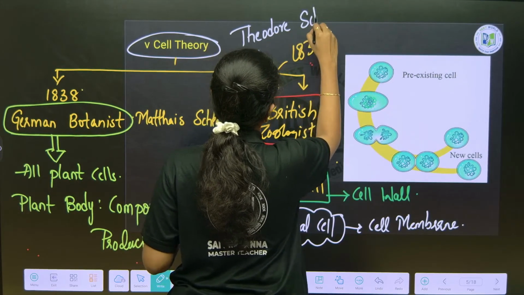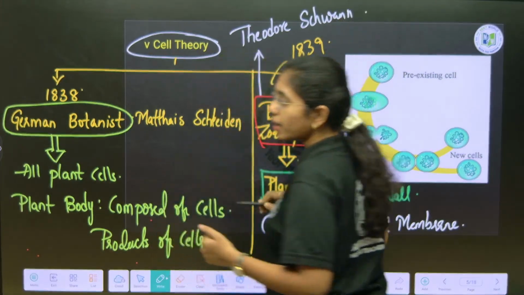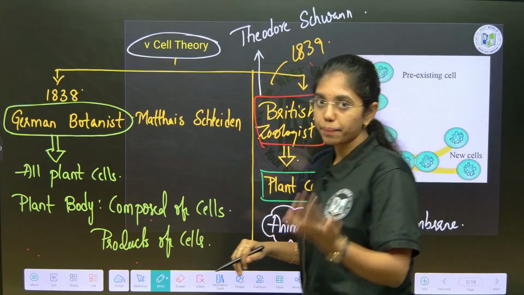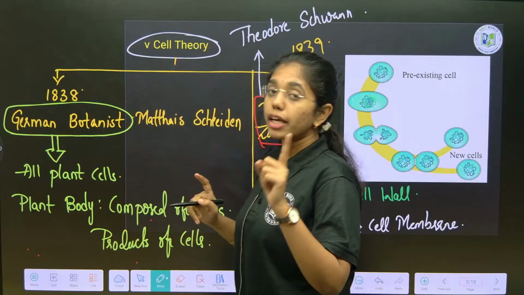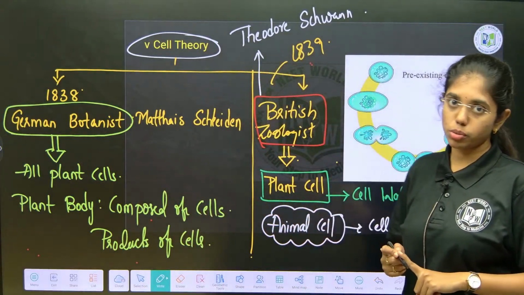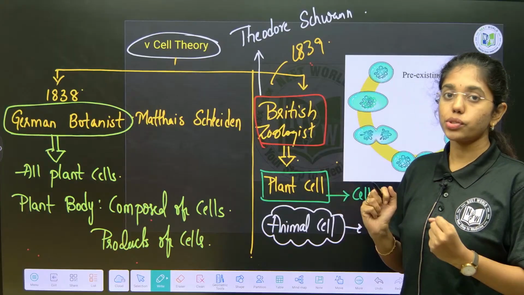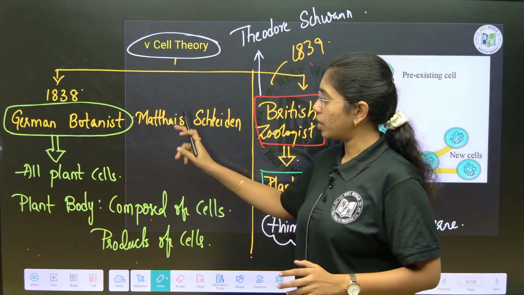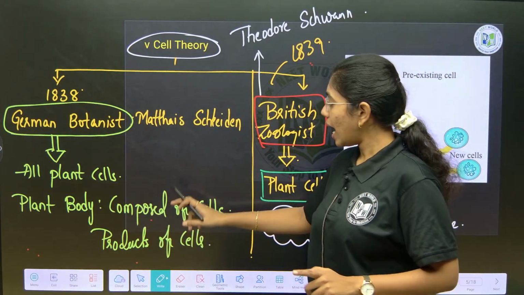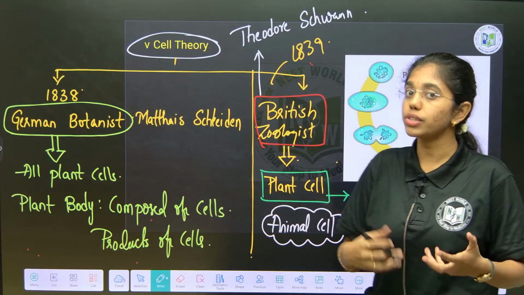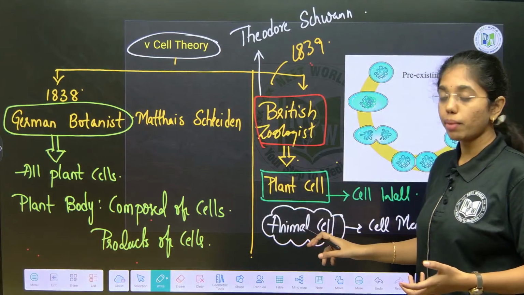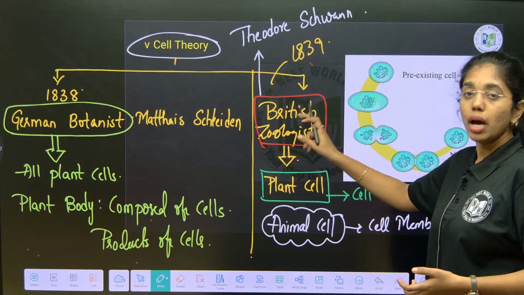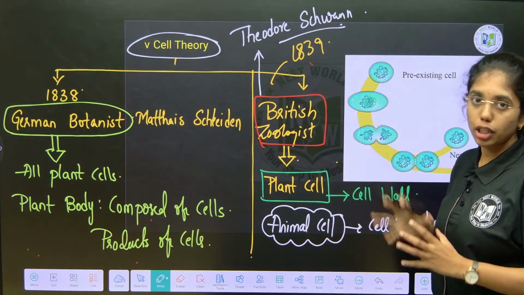Of course, cell theory all of you might have read, even for EAPCET, NEET or your IPE exam. This is very basic. But if you get statement based questions, you will be confused a bit. So when you get statement based or assertion reason type questions, you have to remember that Schleiden worked only on the plant body, and he said that plant body is composed of cells and products of cells. Who spoke about the limiting boundary of a plant cell or animal cell? The British zoologist Theodore Schwann. Remember these two points.